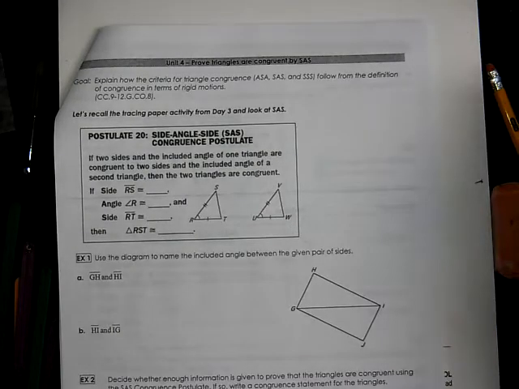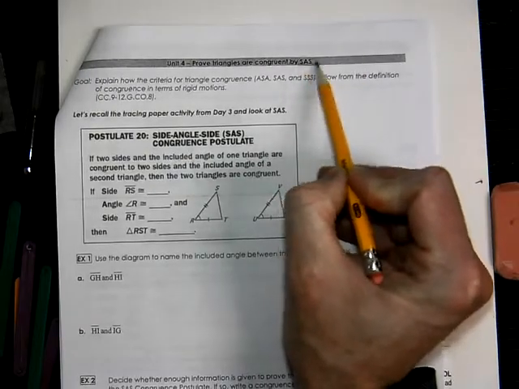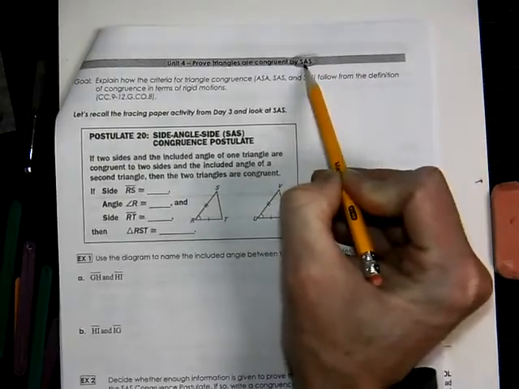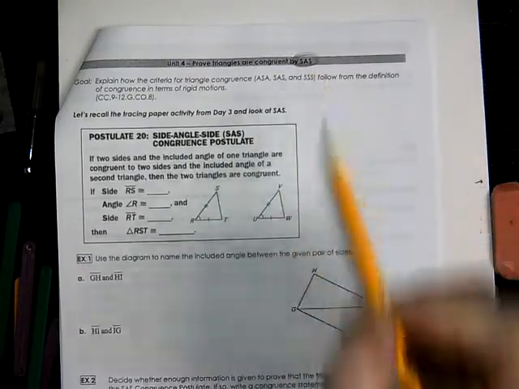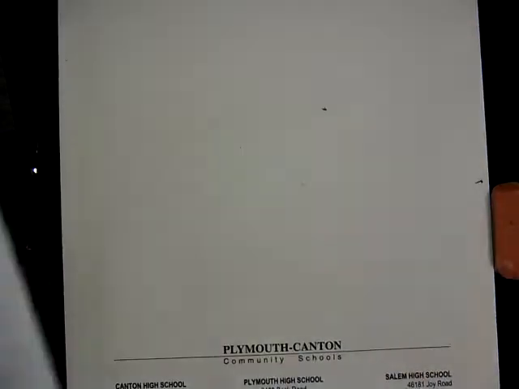This is geometry, unit 4. We're going to prove triangles congruent using SAS, side, angle, side. The A has to be the included angle. So, for example,